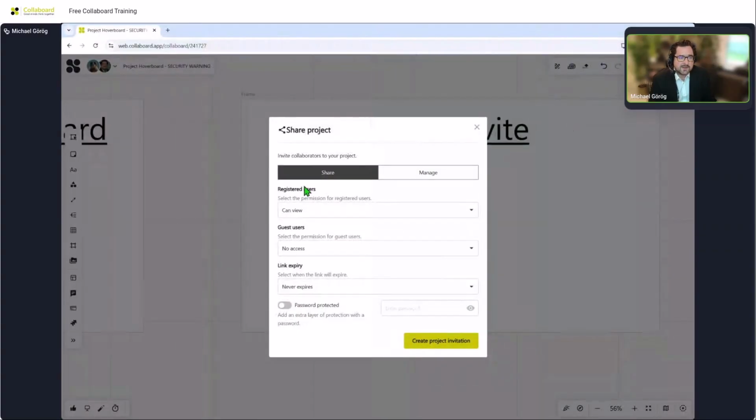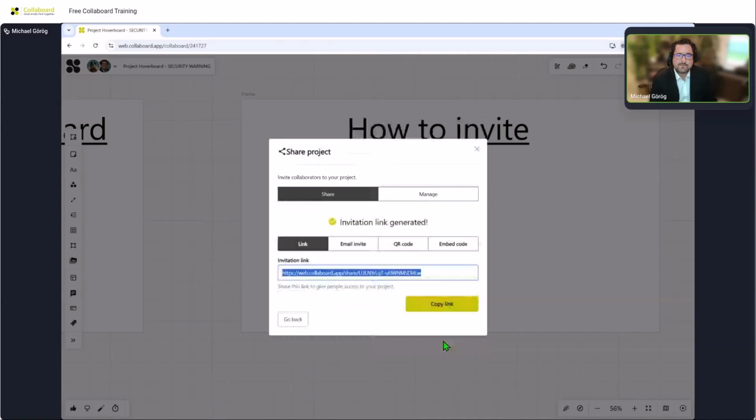And now you can invite other users. You can define which permissions they shall have. For example, a registered user could view, edit, or be a facilitator on the board, or a guest user, for example, can only view or edit the content. If I want to secure the access, I say, okay, the link is only valid for 1 hour. And I'm putting here a long and complex password. So we have a second factor to basically protect our board. Then I click on